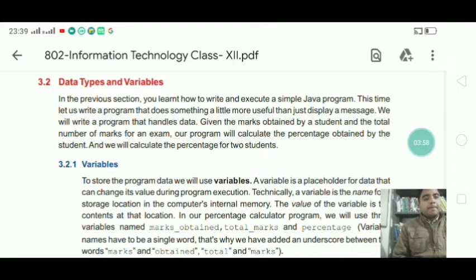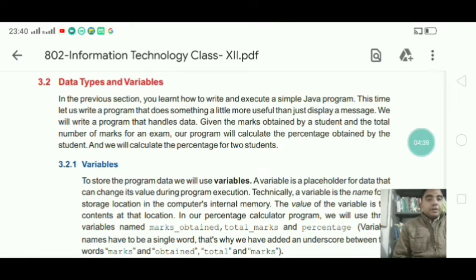Next thing is there are some reserved words. We call it as keywords. So you can't use keywords as your variable names, because keywords have some special meaning that has been already defined to the Java compiler.